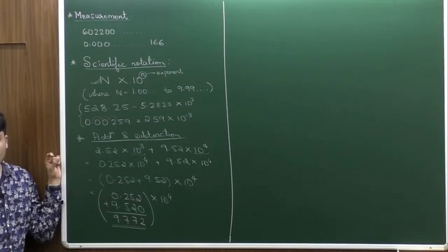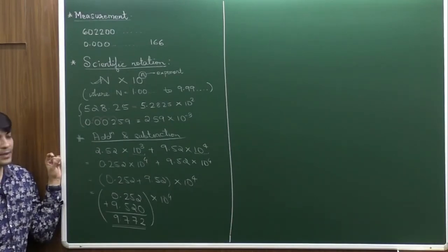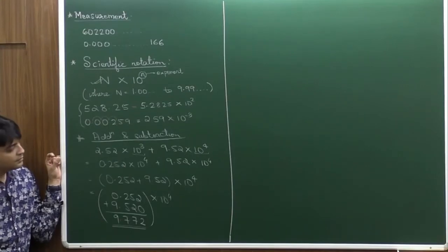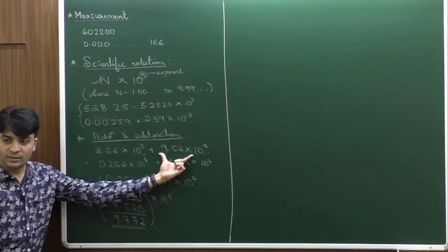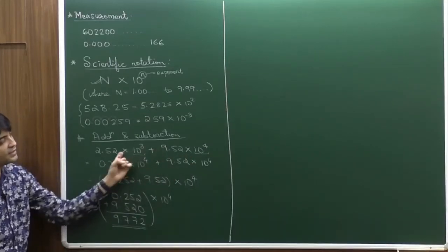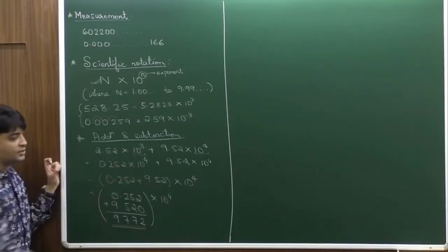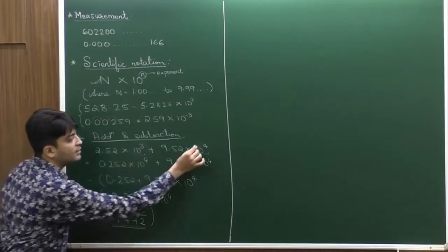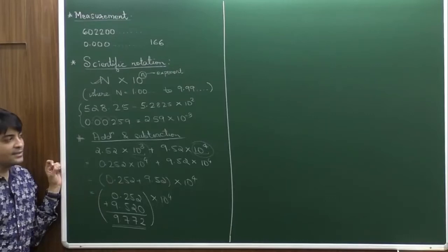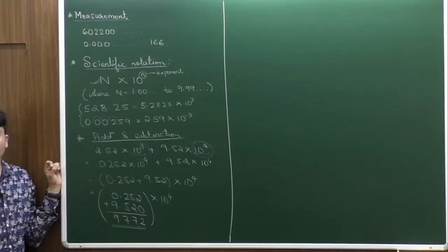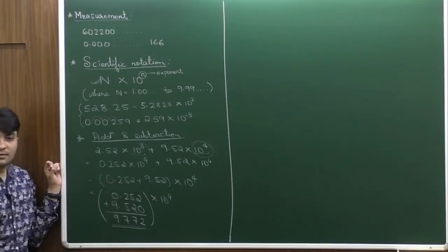For scientific notation, it has to be from 1 to 9.9. 1 to 9.9. So how is it 0.25? This was in scientific notation. This was also in scientific notation. But if I add the two numbers with the same scientific notation, it is not possible when the exponents are different. So while adding the numbers, you have to take the exponent into consideration, which should be same. So finally the answer should be in the standard notation.